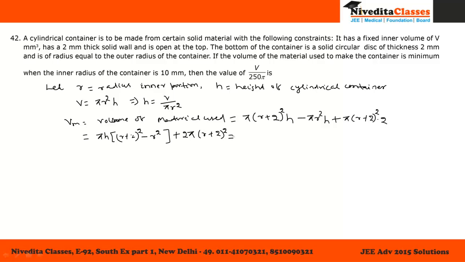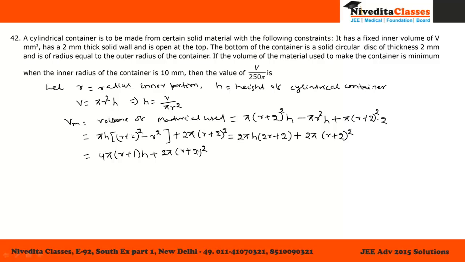That is equal to 2 pi h into 2r plus 2, plus 2 pi into r plus 2 whole square. And this will be 4 pi into r plus 1 into h, plus 2 pi into r plus 2